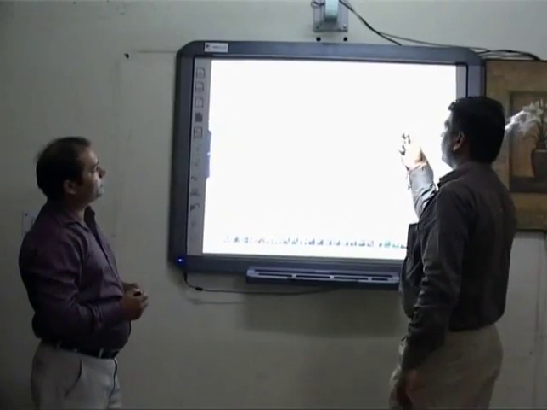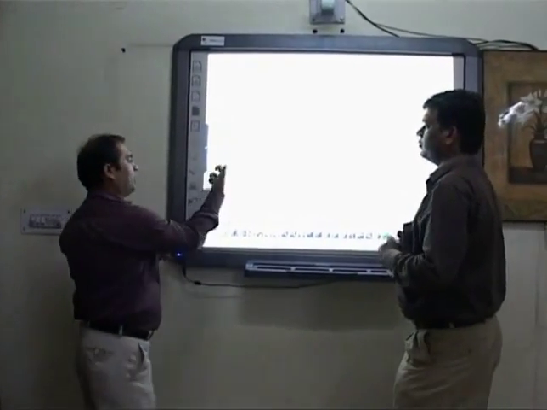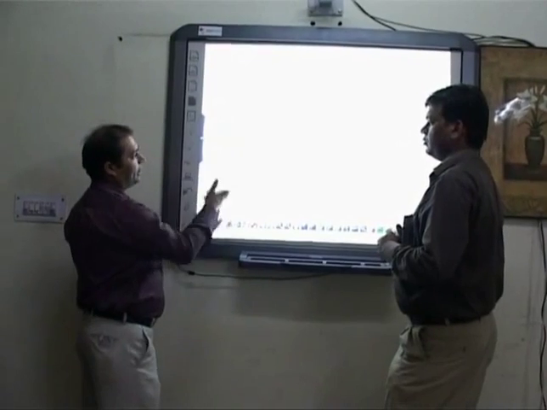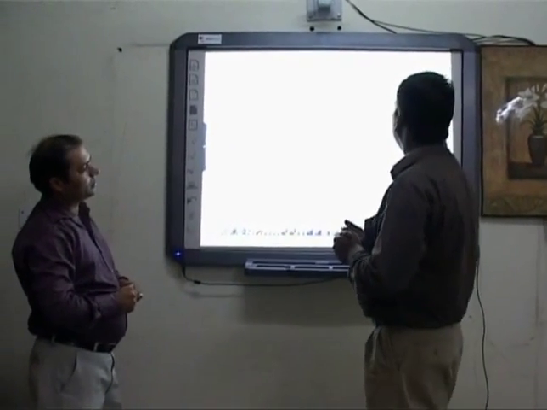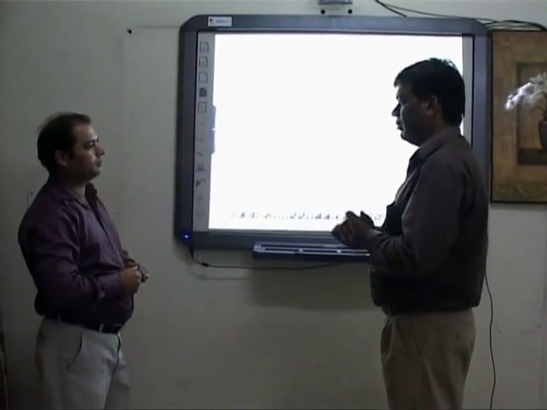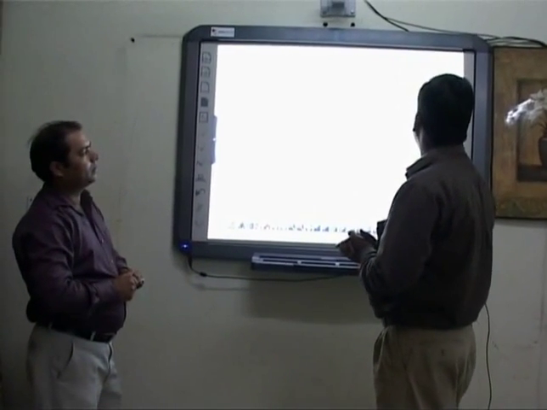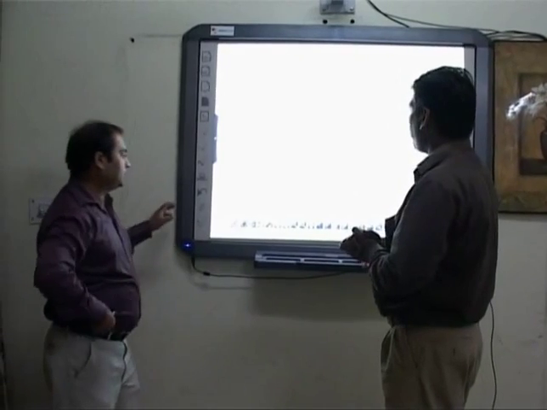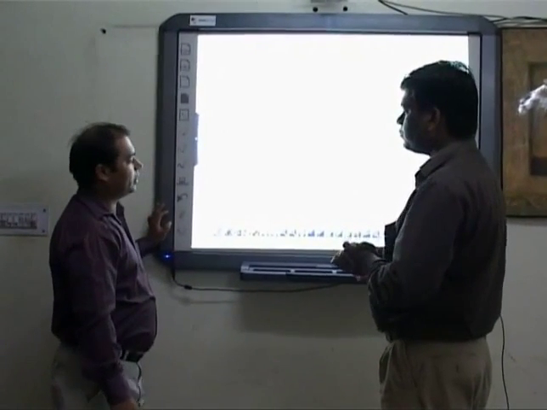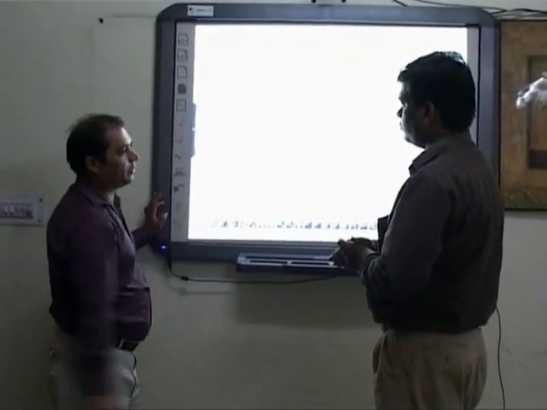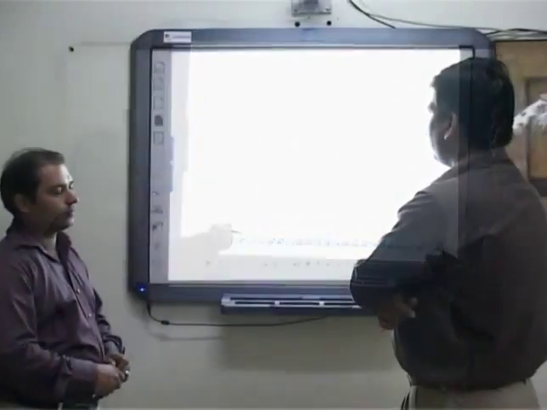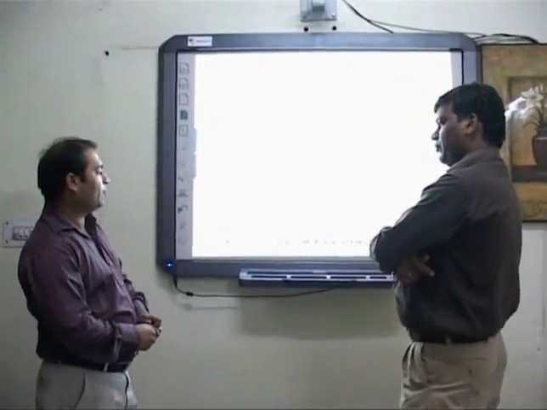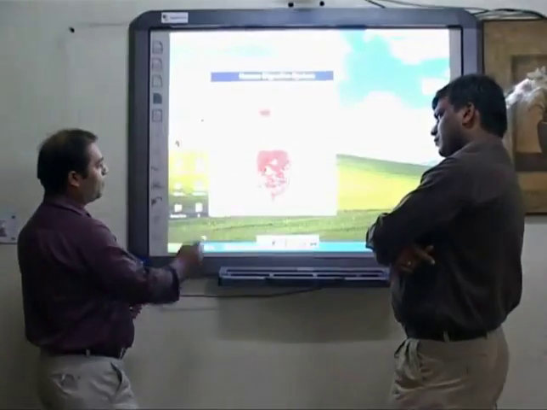How durable is this surface? That surface is too hard, so if somebody hits that board, then no problem with that. Yeah, because we are going to use the same board in a school, the mentality of children. Yeah, see, mostly finger touch boards are using a different technology, that is soft surface technology. Do you have some more features about this interactive whiteboard? Lots of features, like suppose while running your PowerPoint presentation or